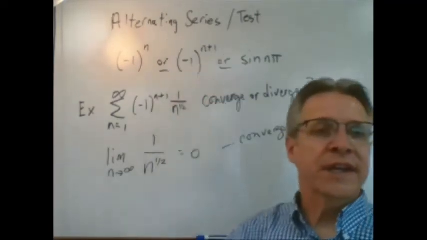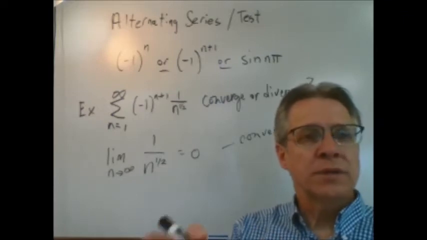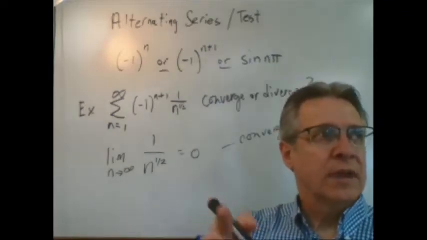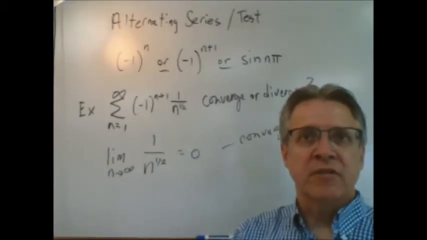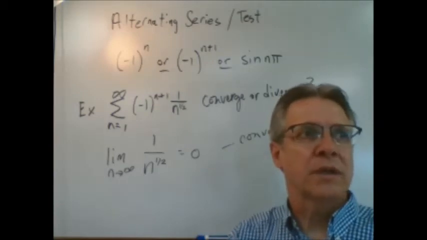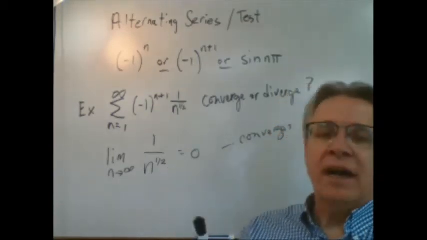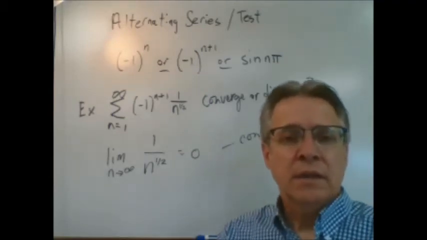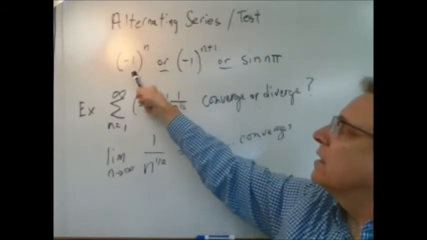So first, what is an alternating series? An alternating series is a series whose terms alternate between positive and negative. And so it'll go positive, negative, or negative, positive. But every subsequent term changes signs. And how you know that you have a series that looks like that is if you have something similar to this, where you have